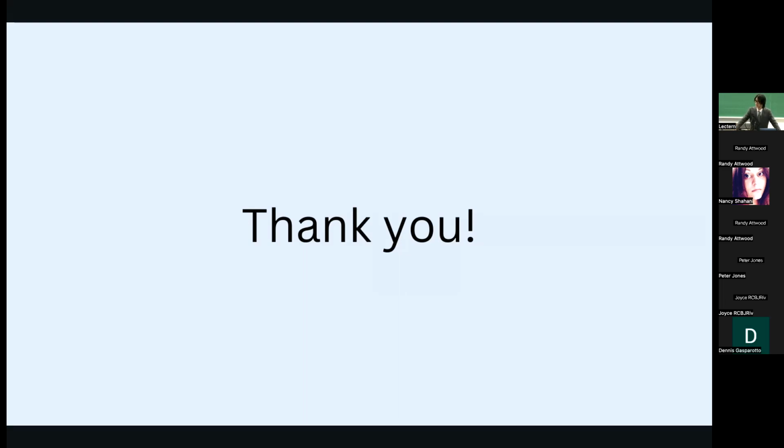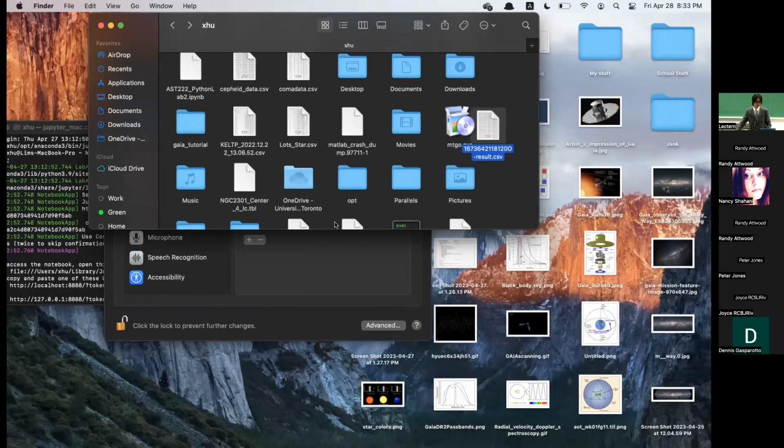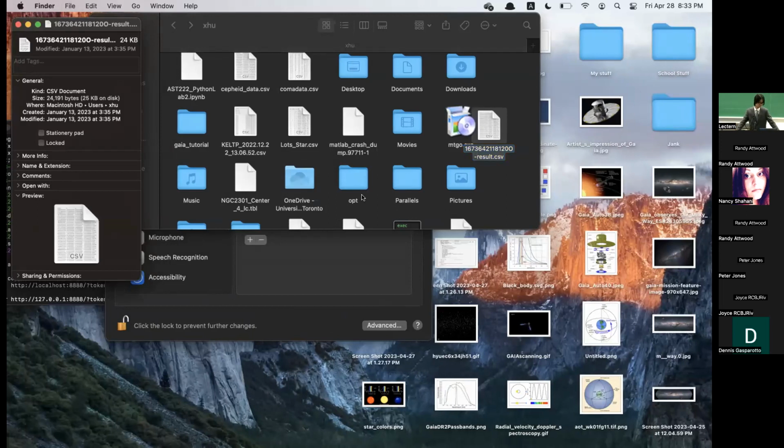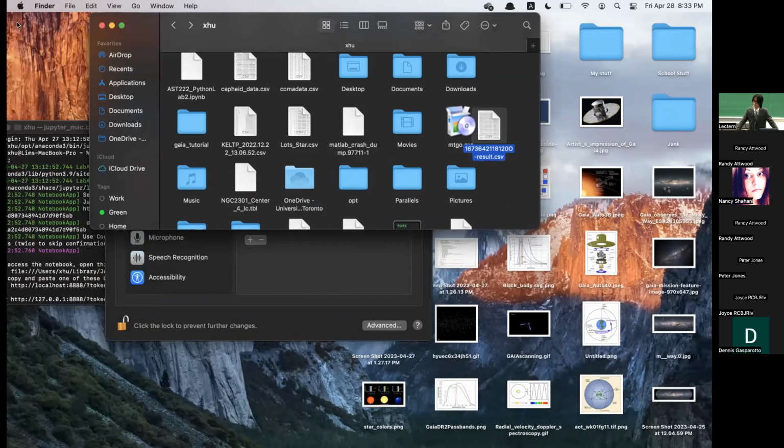So the size of the download you had, I don't know, like 200 to start maybe? Really small. Let's check. 224 kilobytes. Okay. Do you have any idea what the total size would be if you downloaded everything? Gaia has about 200 terabytes of uncompressed data, which is a lot.